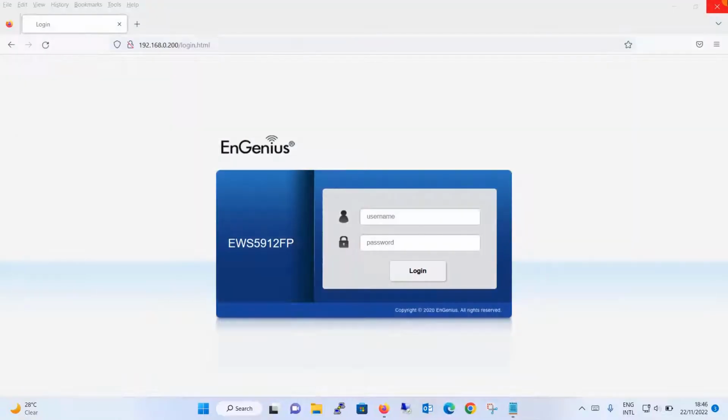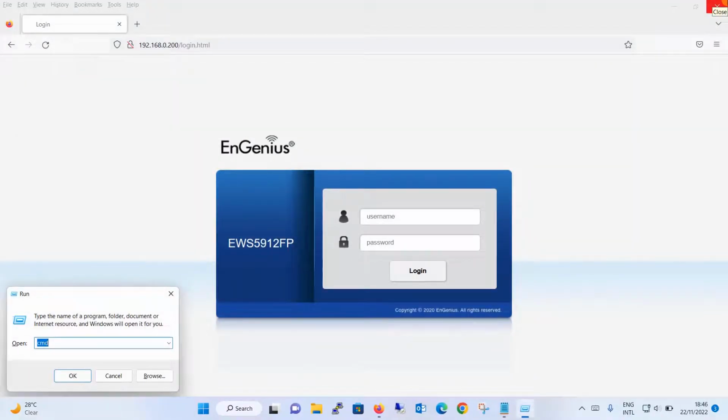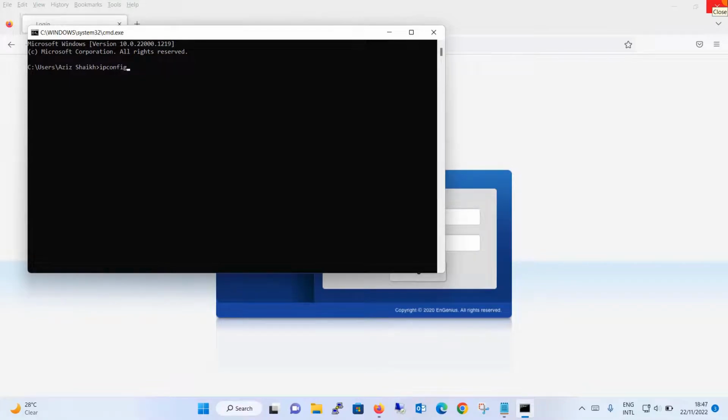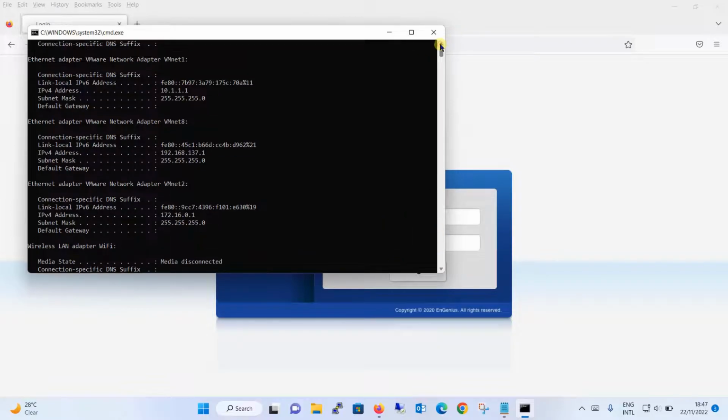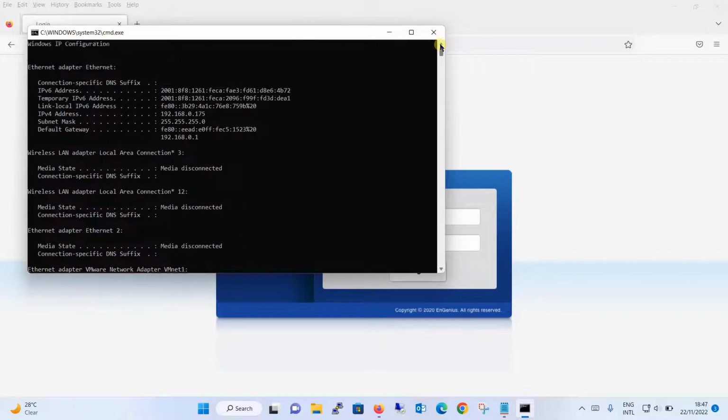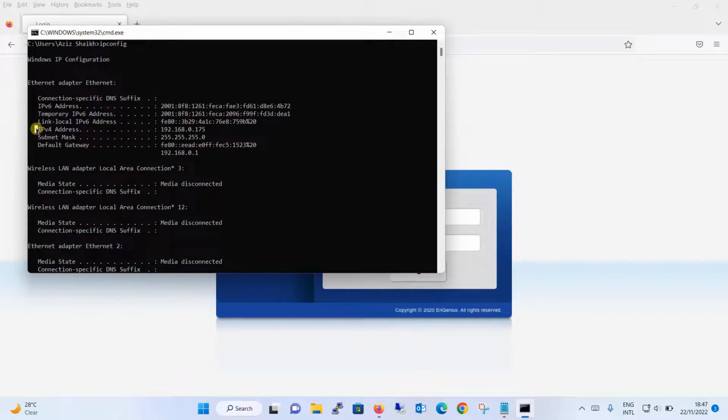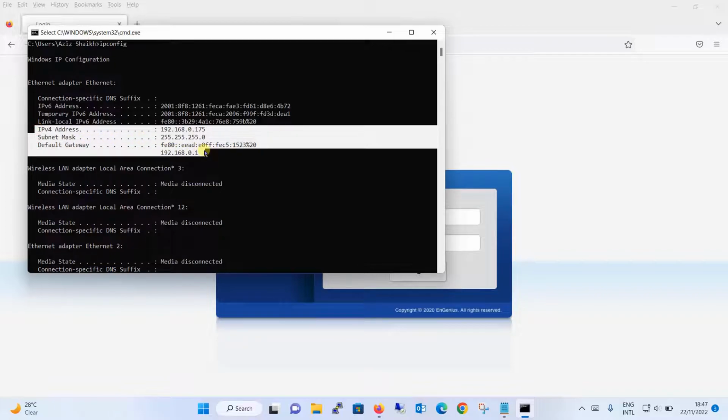I will save it and I will close it. So going to command prompt, if you will see my network IP address, if you will see my IP address of the machine through a wireless connection is 192.168.0.175/24. Additionally, what I'm going to do is I will also remove my cable which is connected over here, but